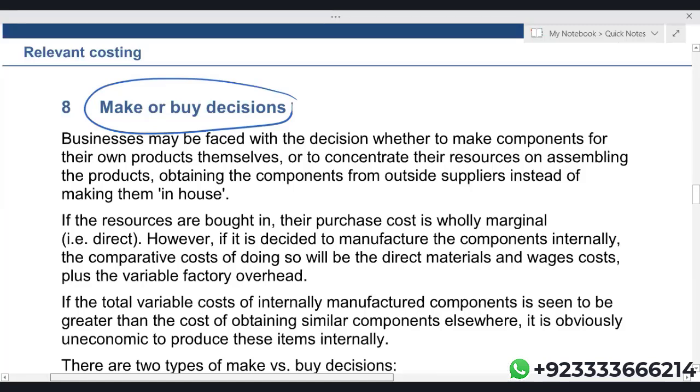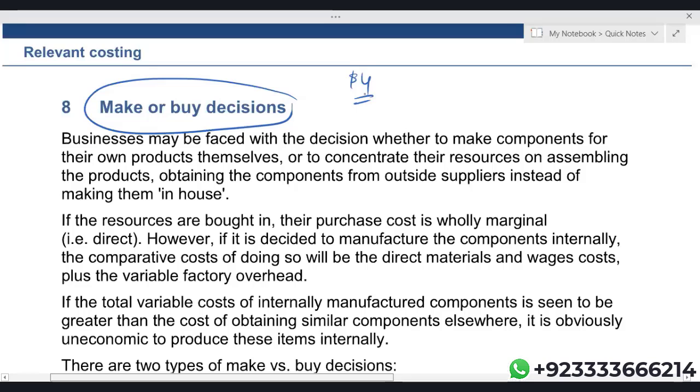Basically, when it comes to make or buy decision, you have to just consider what is your relevant cost of, let's say, making something, and you can get the same thing from outside for how much. For example, if you're making within the organization and let's say the internal cost is $4 per unit, assuming you're making something within the organization and let's say